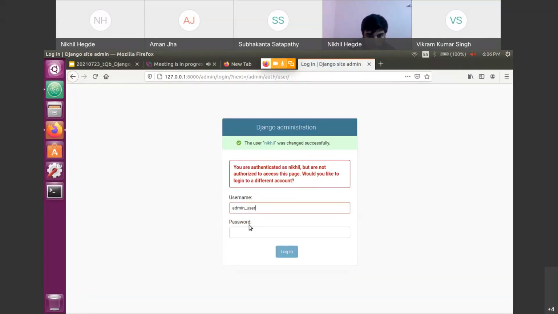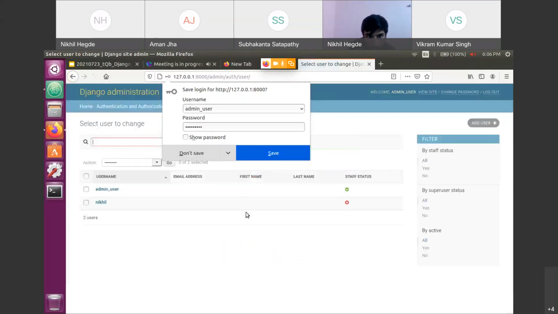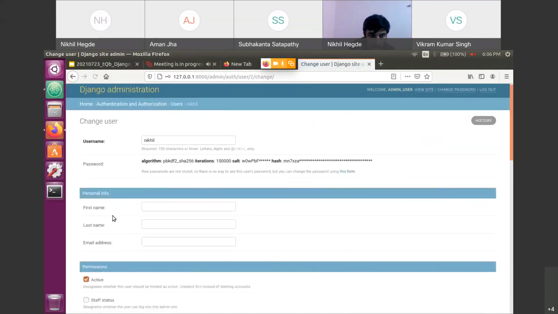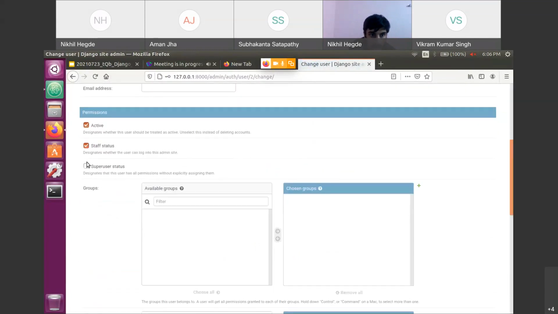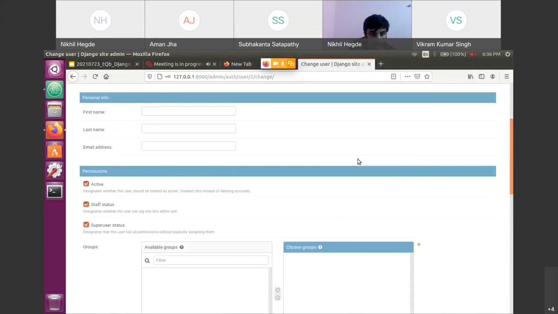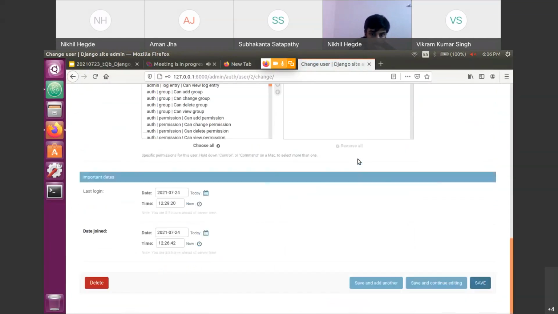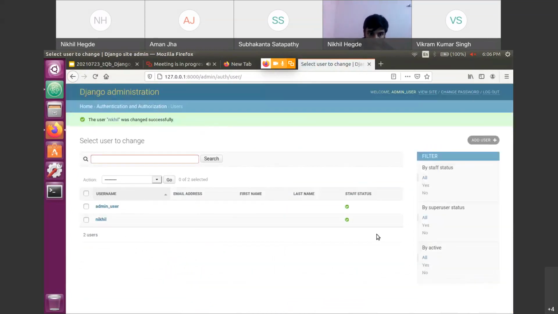If I log in as the admin user and change the status back to true again, then only I am able to log in to the admin interface. This whole process is called authorization, the same way as I explained. Whenever I enter my credentials in the admin panel, that process is called authentication.